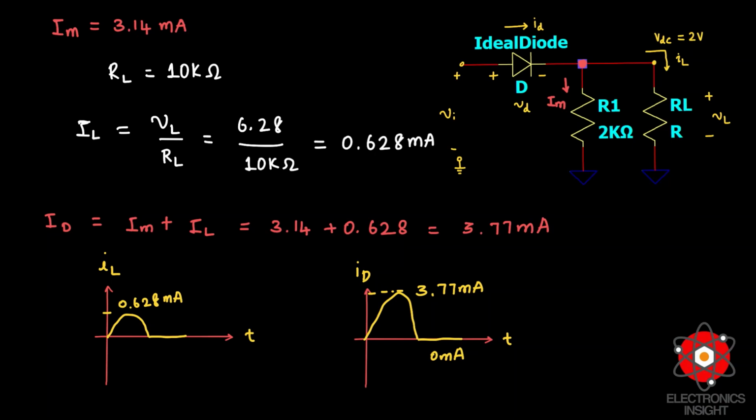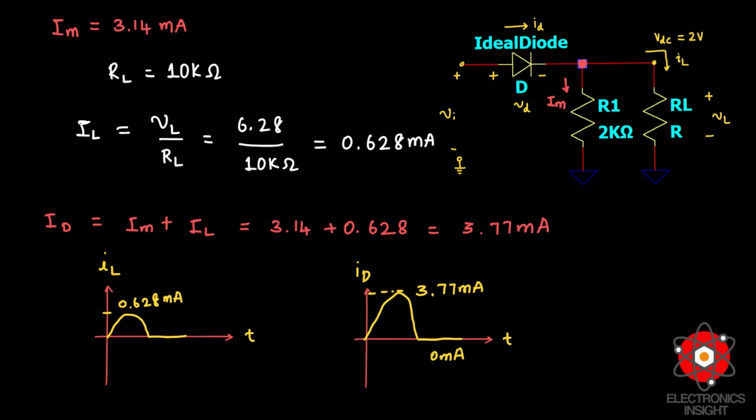One more observation we need to understand from the given problem, where the problem statement says that we have to consider that this diode D has to be an ideal diode. But if this is not given, and if this diode is going to be a silicon diode, then we will have a voltage drop of 0.7 volt, and if it is a germanium diode, we will have a 0.3 volt of voltage drop. And in such a case, what you need to do is the DC voltage calculation will vary,